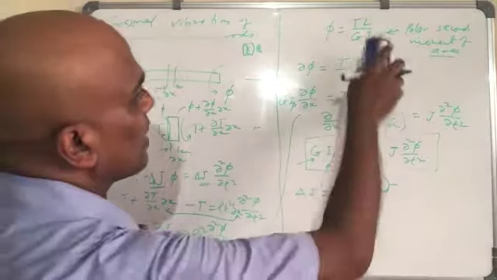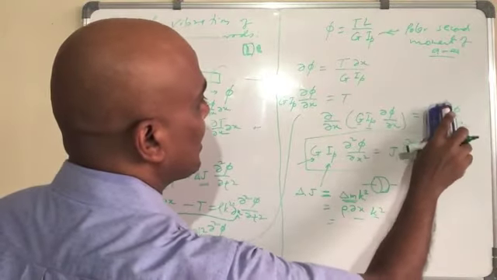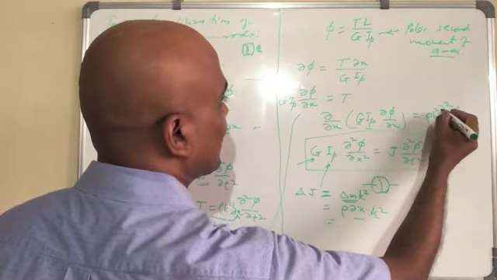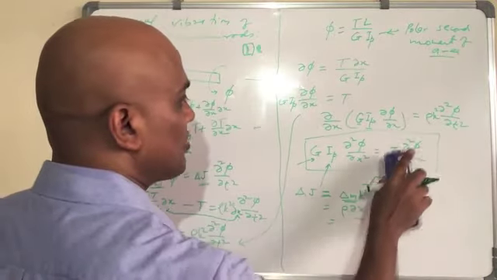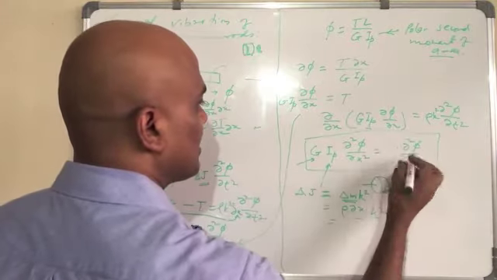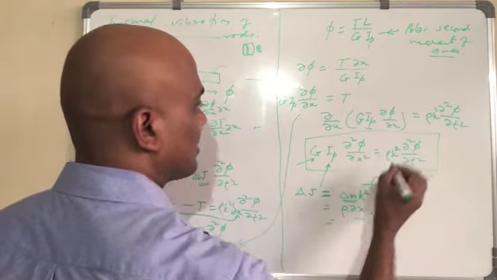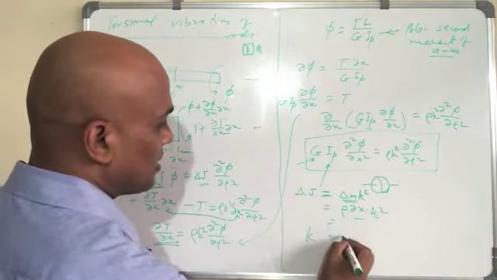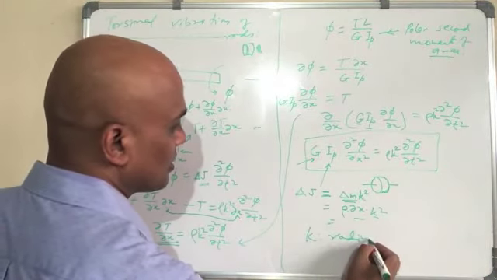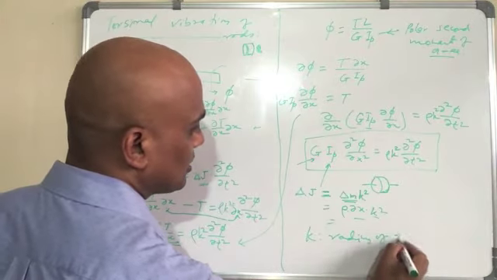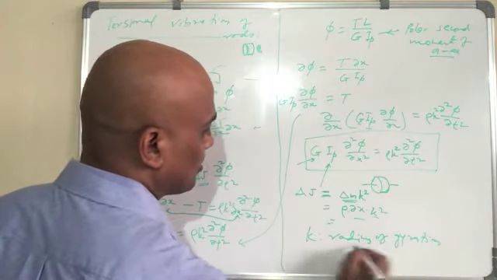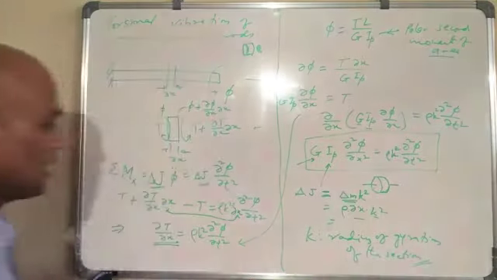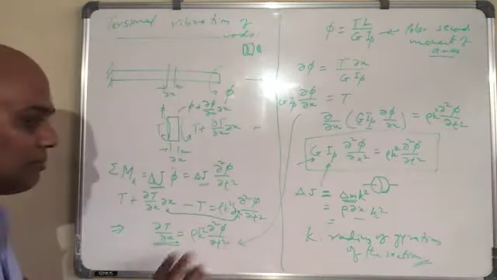Okay. So everywhere we write like that only. So we write rho times k square. To understand that, here k square is the radius of gyration of the section. So k is the radius of gyration of the section. Okay, so this is how